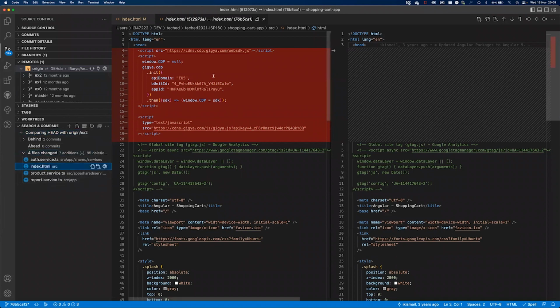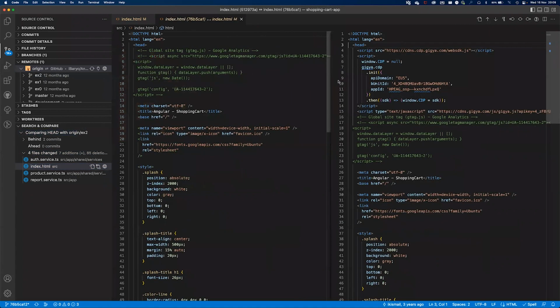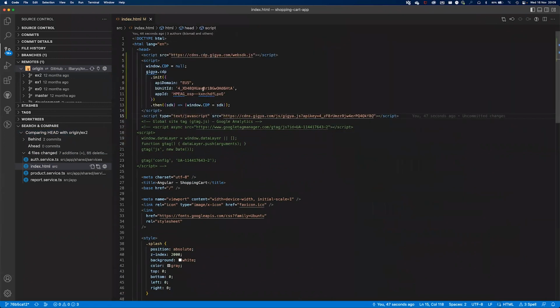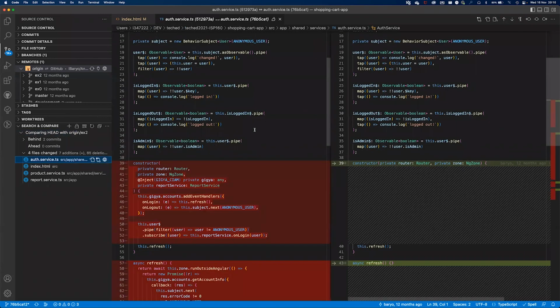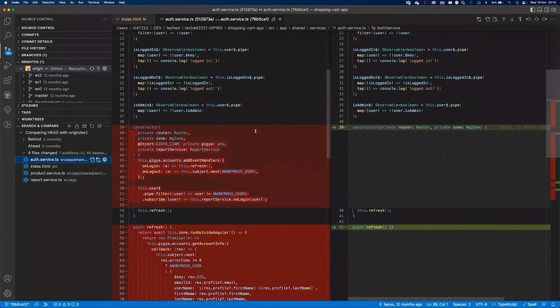Anyway, in any case, the index HTML, I know what we need to have. So basically we need to have that. So we are ready to go. We have the CDP SDK, and we have the CDC SDK, basically, right? The other, I was clicking each time. Okay. The other changes that we need to do now are going to be in the auth service, and that one,